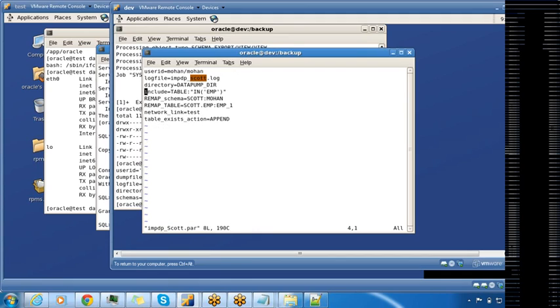include equal to table column in emp, remap_schema, mohan